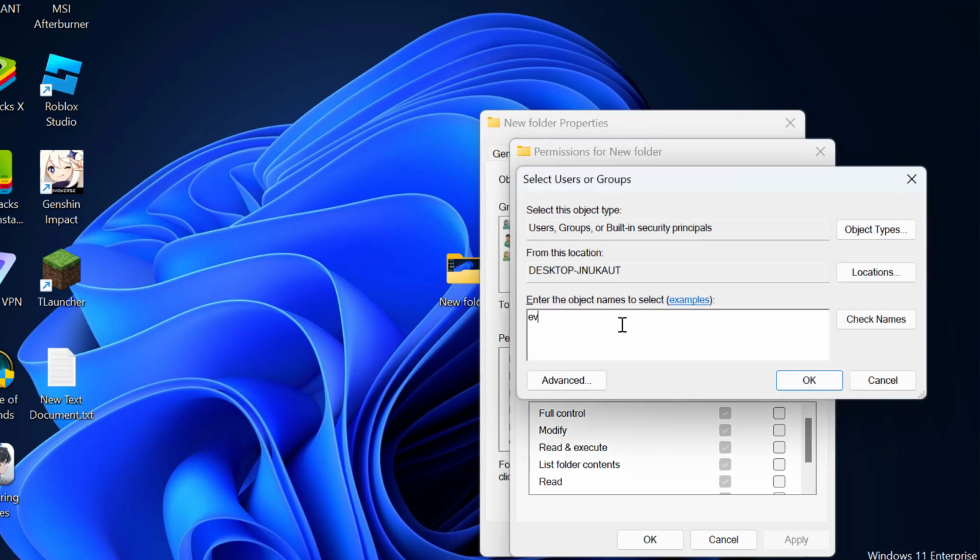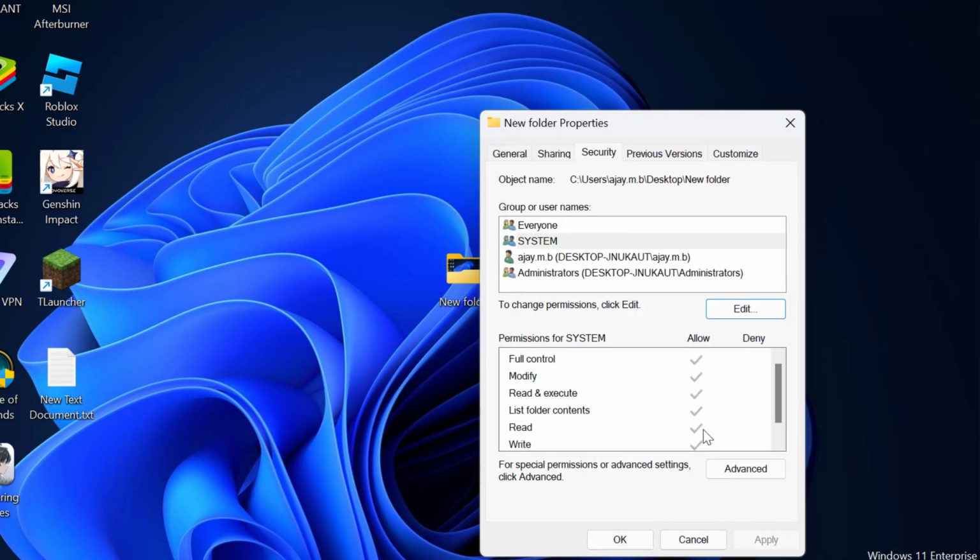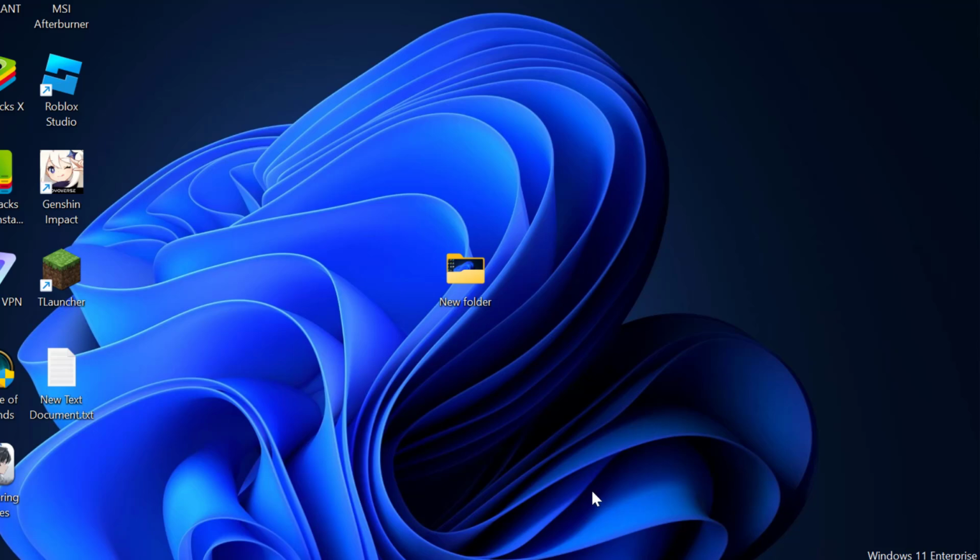In here type everyone. Select check names. Select OK. Now everyone has been added in this list. Now you need to check mark full control and select apply and OK to save changes. Select OK. Now you can delete the file,